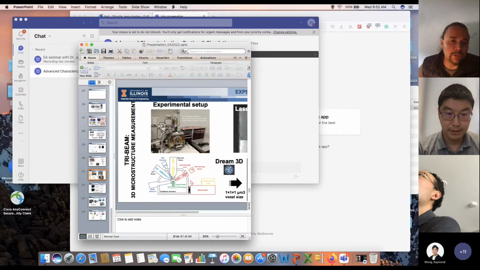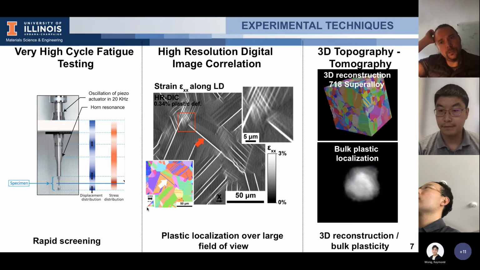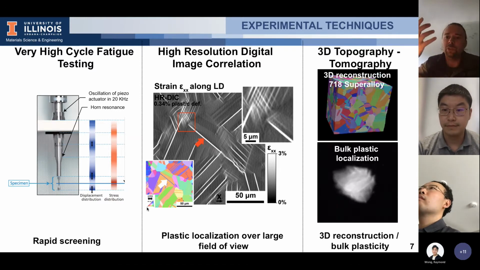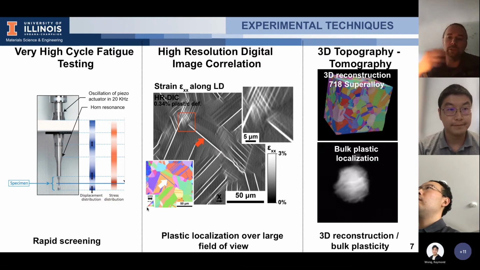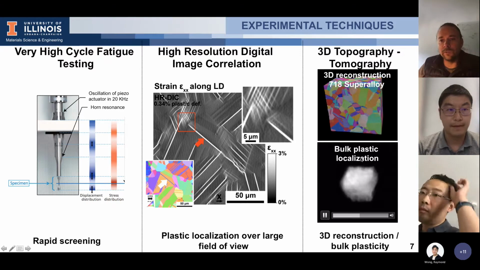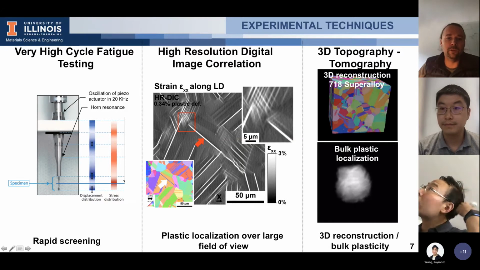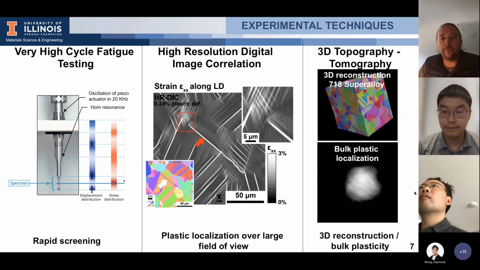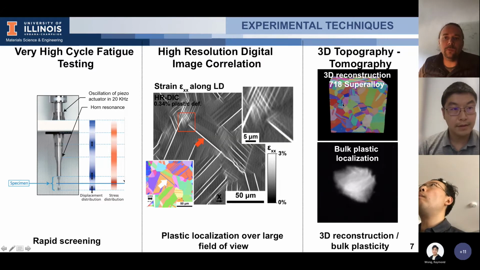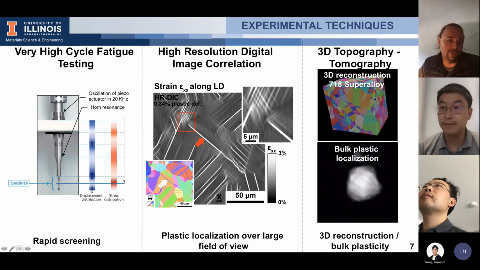Yeah, we use different techniques also in 3 dimensions in order to capture that. Maybe one of them, I will just display this one. We try to reconstruct the microstructure in 3D in order to use calculation to capture the plasticity and so on. Of course, it's very difficult to observe the plasticity inside the material, the slip localization. So what we do in 3D, we can capture by EBSD the lattice rotation. There, it's also a signature